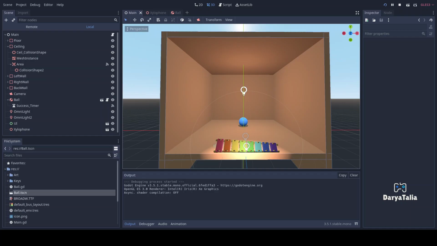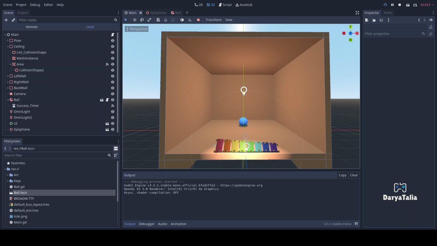I had the words instrument, ceiling, and surface, and so with those ideas, I made a game mechanic in Godot engine. The game mechanic is that the blue ball that is in the scene responds to the keys being played on the xylophone, and the objective of this mechanic is to get the ball to reach the ceiling, and once it touches that surface, the game is won. All of the keys are accurate, they're on a C scale,